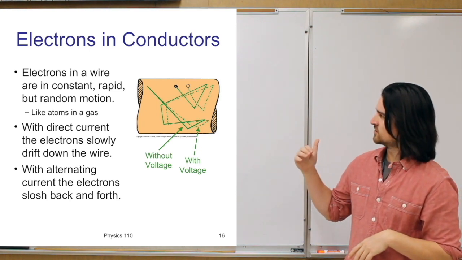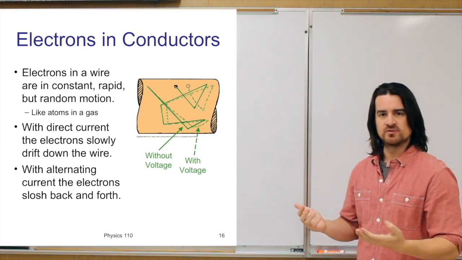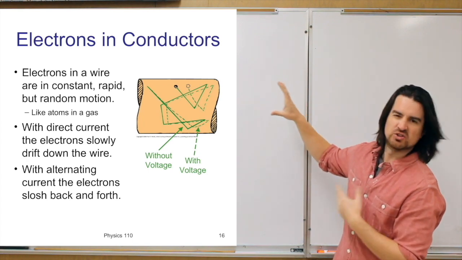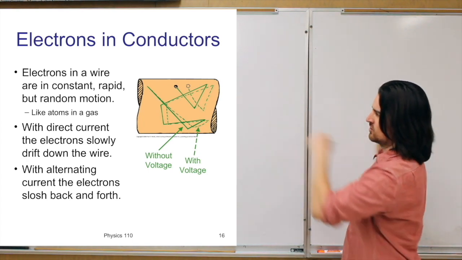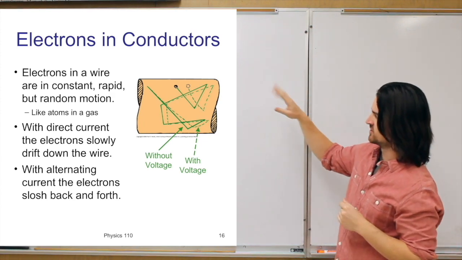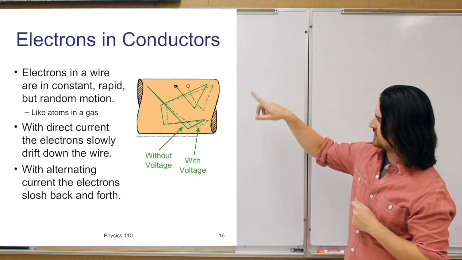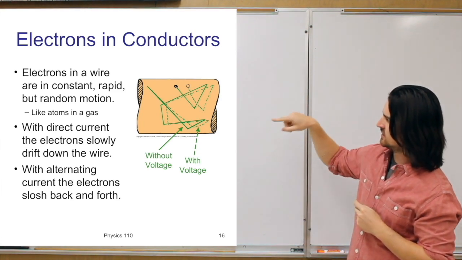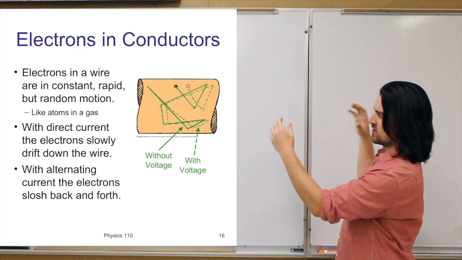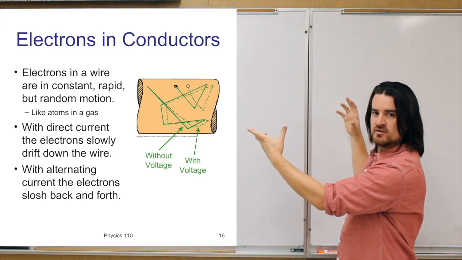In electric circuits, if you want current to flow, we can imagine a little chunk. This is supposed to be a little piece of wire. It's part of a much longer wire, and it's a metal wire, so it has these electrons that are moving around freely. That green line is just showing that electron doing this random sort of motion. Now, if we were to connect that wire to a